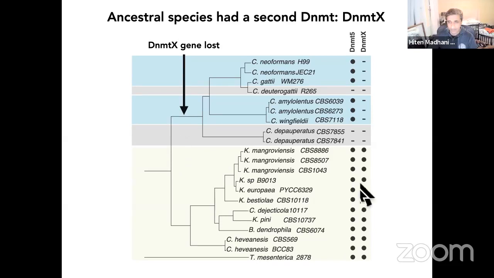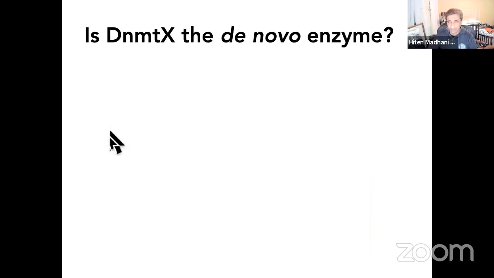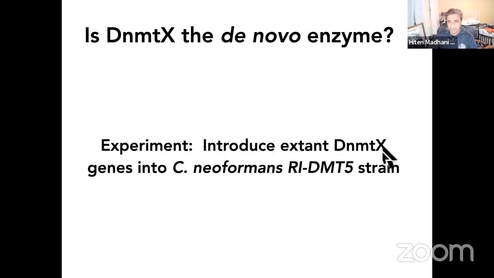So the ancestor clearly had this maintenance enzyme, DNMT5, and a second enzyme. So the obvious hypothesis was that perhaps DNMTX is a de novo enzyme that existed in an ancestor, but the gene was lost. And so to test this, we introduced DNMTX genes from existing yeast into that reintroduced Cryptococcus DNMT5